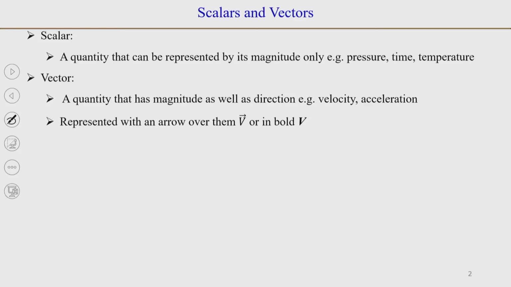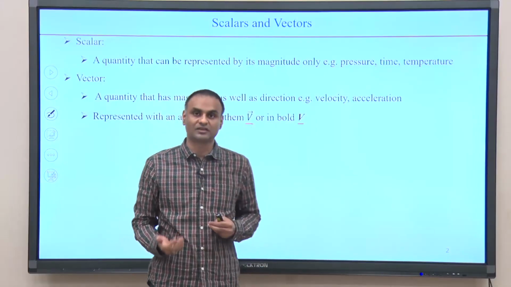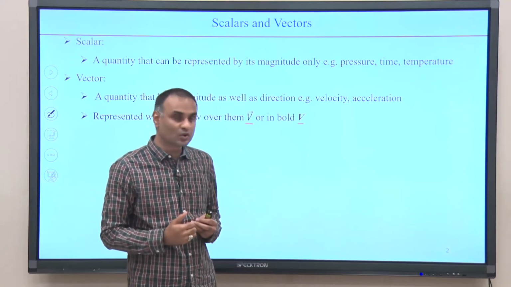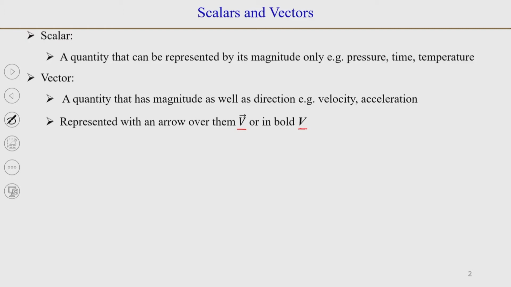So, vectors can be generally represented with an arrow over them, or when we type, we can also type vectors in bold. It is convenient because we do not need to put an arrow every time we type the vector. So, in this course, predominantly I will try to use vectors as bold letters, but in some cases you might see a mix up, and you might see that vectors have an arrow over them. Okay.